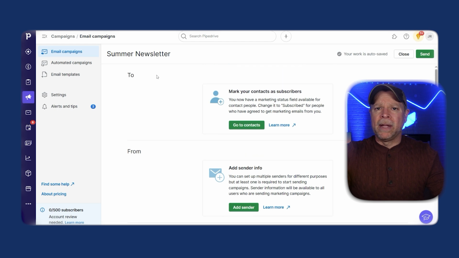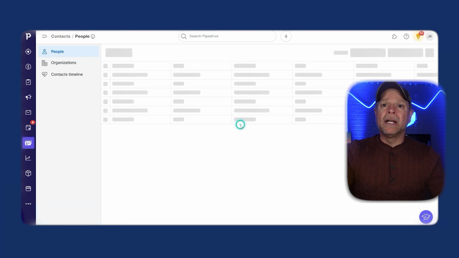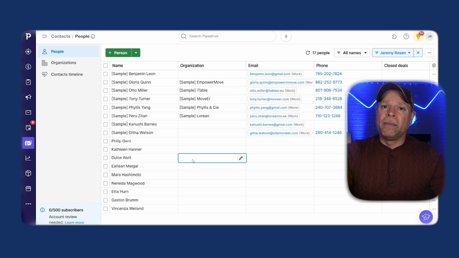After naming your campaign, we have the To section, and here PipeDrive reminds you that only contacts marked as subscribers can receive your marketing emails. Don't worry, it's very easy. Just click the Go to Contacts, pick the contacts that you want to include in your campaign, and change their status to subscribers. Once you click Go to Contacts option, then navigate to the Marketing Status section and find the